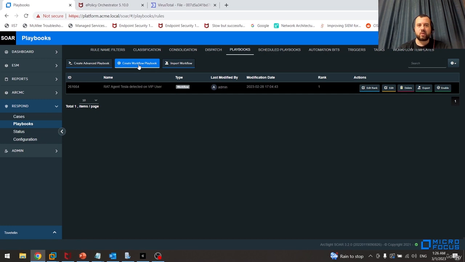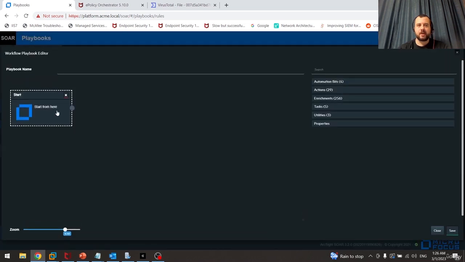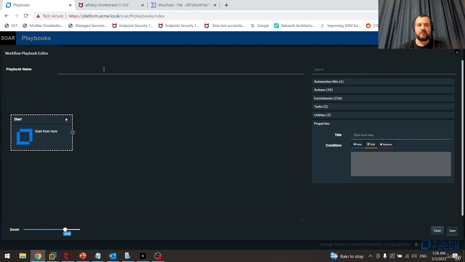So we click on create a workflow playbook, and immediately we can see the start element. Before the start element, don't forget to give a name to your playbook. So let's give a name, possible malware detected. All right. Now, on the right side, once you select start under the properties section, you will see the possibility of giving a title to this start element. Okay, so you can give a name, for example, again, possible malware detected,